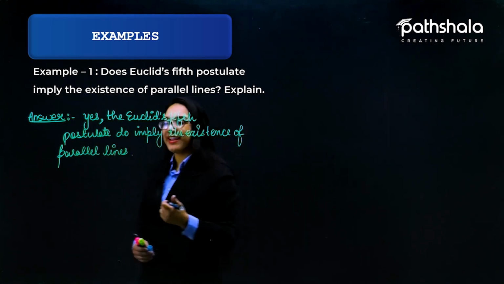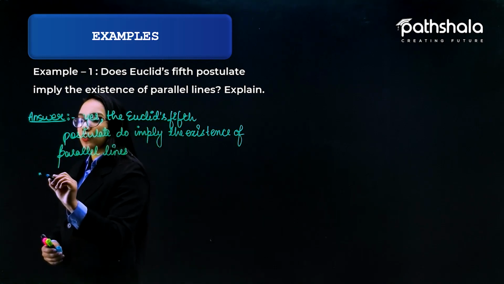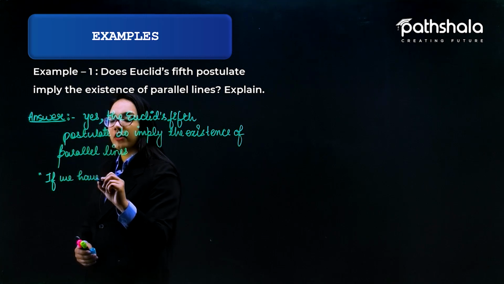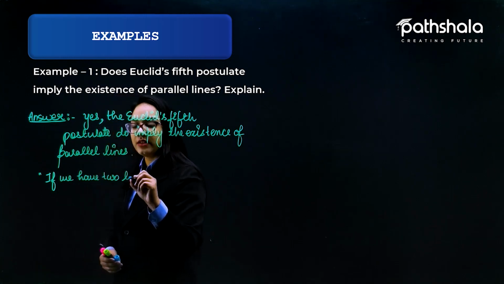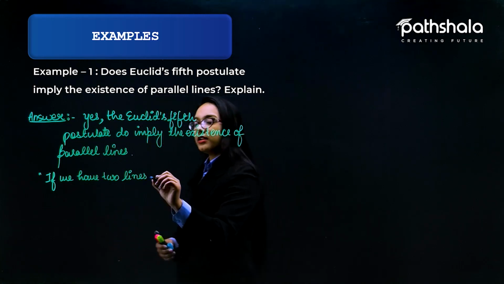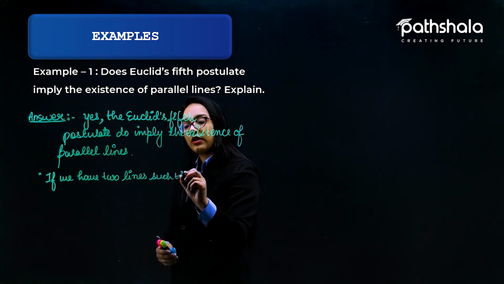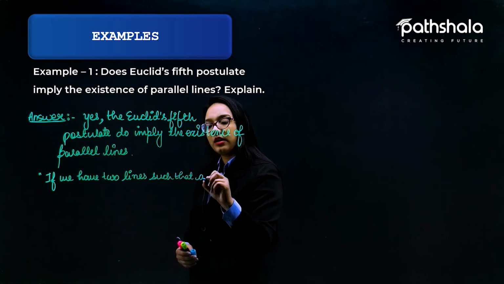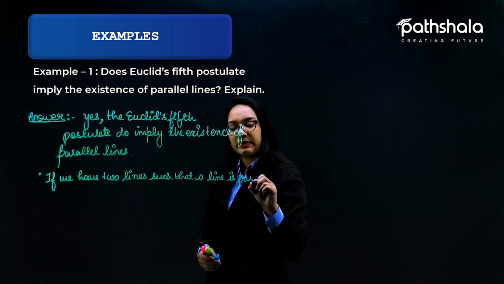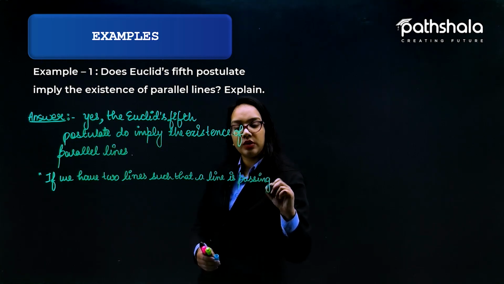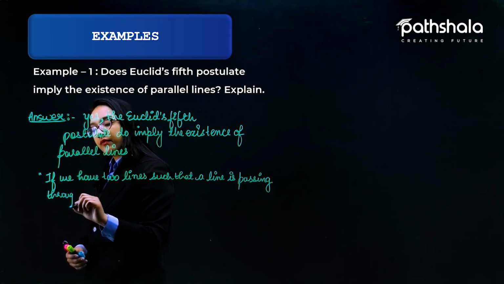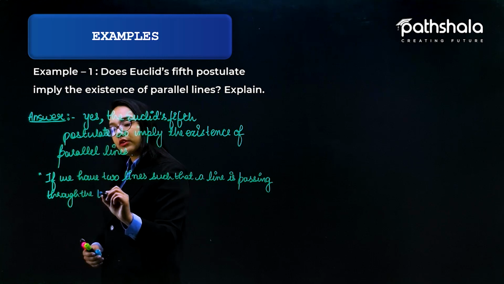So let's explain it, because we know that if we have two lines such that a line is passing through the two lines,